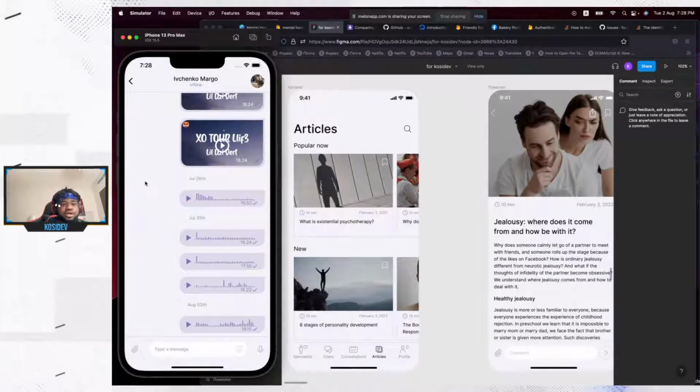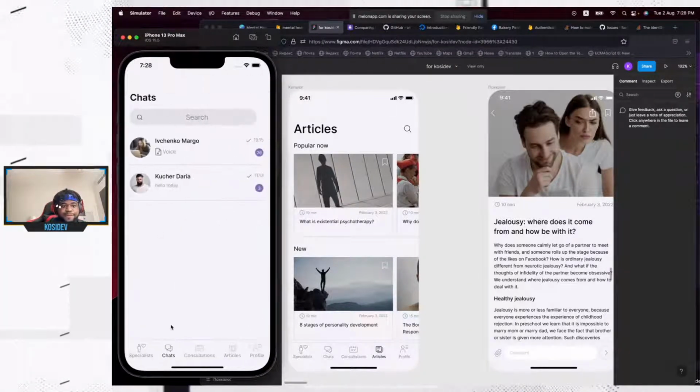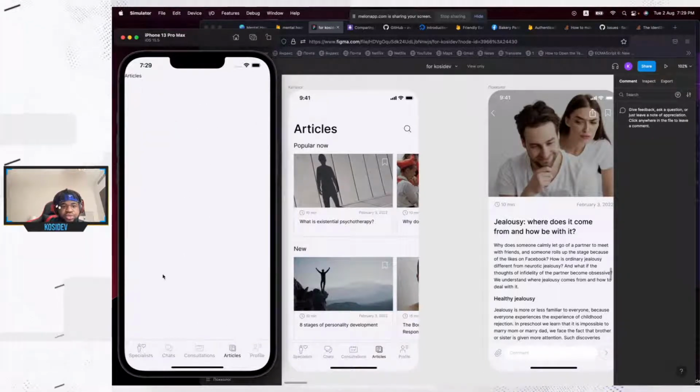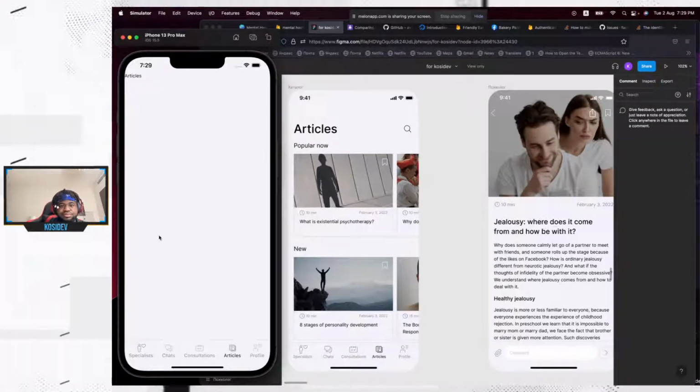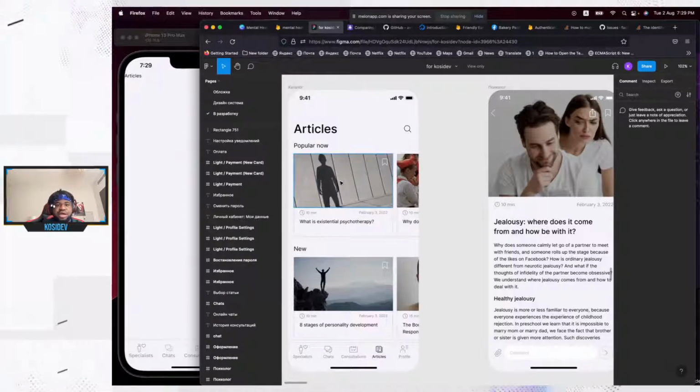Next, like I said, we just go out because we are done with the share screen, and head over to the article screen. Tap on that. So that's actually empty at the moment. There's nothing there, which we need to fix up. So we need to fix that. And to fix that, let's open up our